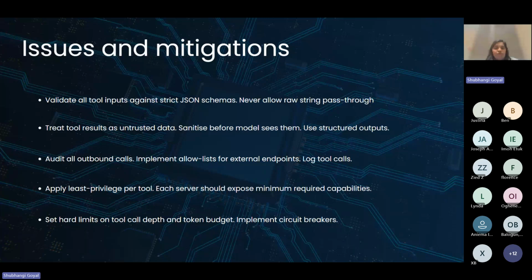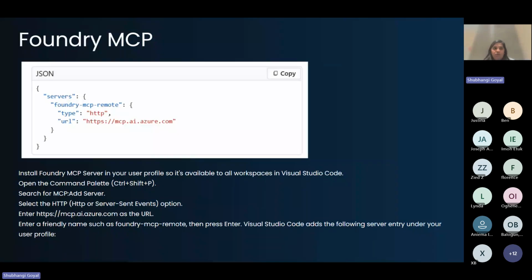So let's talk in more detail about Foundry MCP, which I showed in VS Code. First things first, this is how your JSON looks. There is going to be a server tag and there's going to be a name. You can name it anything else as well. You don't have to name it the same, but there's going to be a type. So make sure you know what type you're going to put. Is it stdio, is it http? And then some URL. For example, you can use this URL to create a new one.